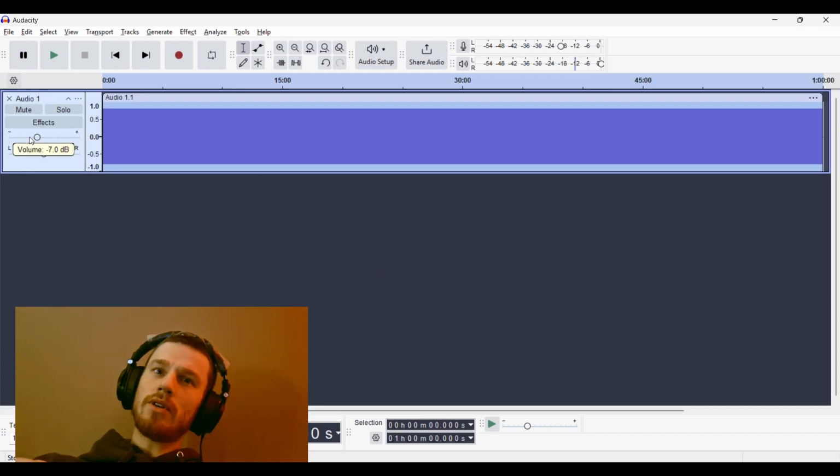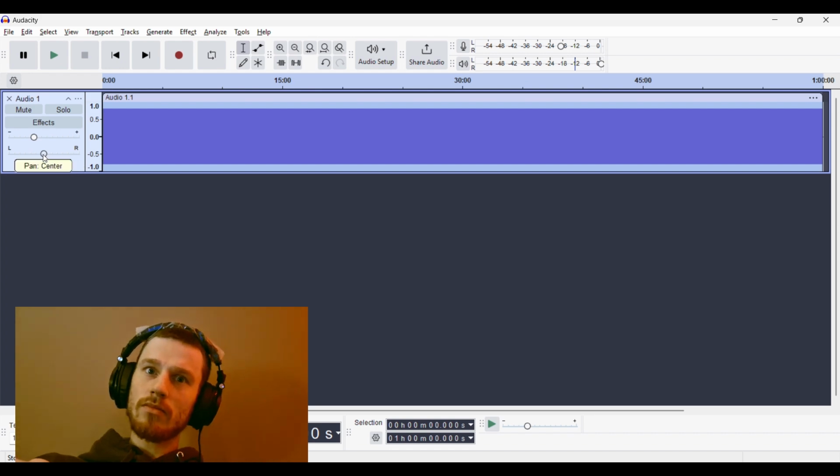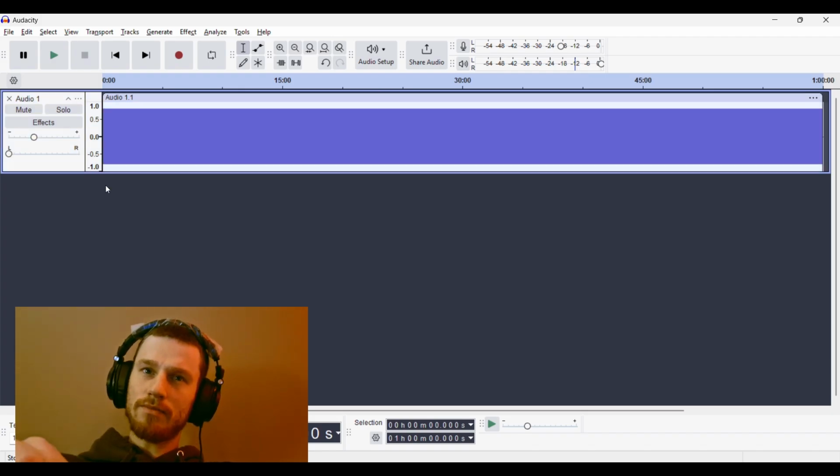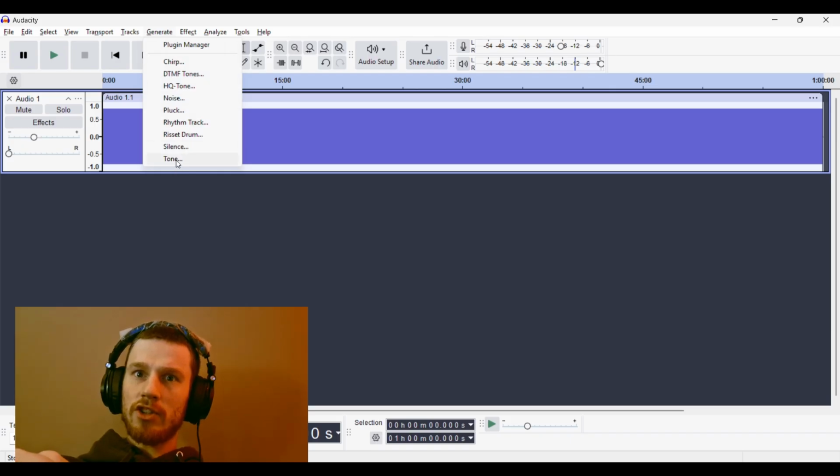Chuck the volume of this down about 10 dB. It's going to play quite loud. You probably want to put your headphone volume on about 50% as well. Chuck the pan all the way to the left. It's very important that you do that. After you've done that, click on this black space here so you don't remove what you've just done. Click generate